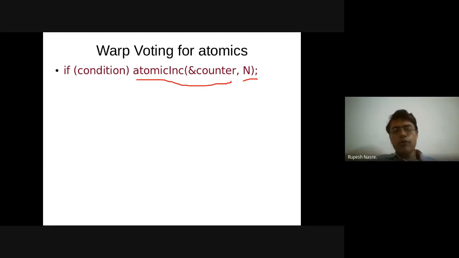You'll have to still go over the mask to look at which bit is going to be set and accordingly increment it appropriately. So not all the threads of the warp are participating in this atomic increment. Some of them are, and we would like to increment it according to the number of threads which want to increment.